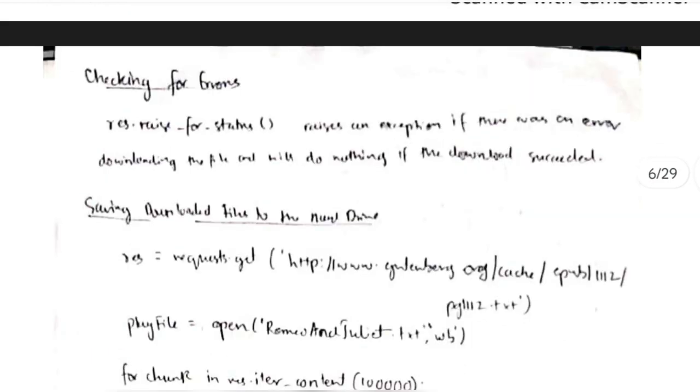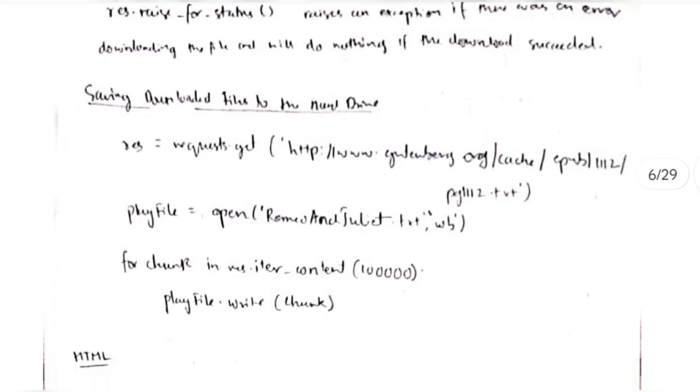And for checking for errors, you can use the function res.raise_for_status. It raises an exception if there was an error downloading the file, and does nothing if the download succeeded. Okay, and in case you have to save